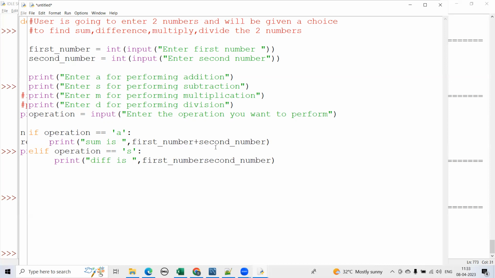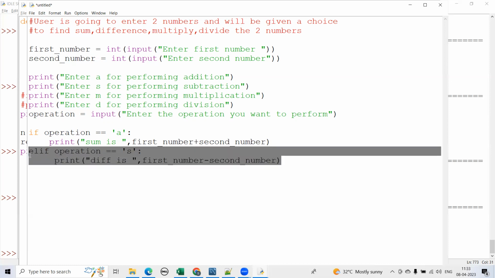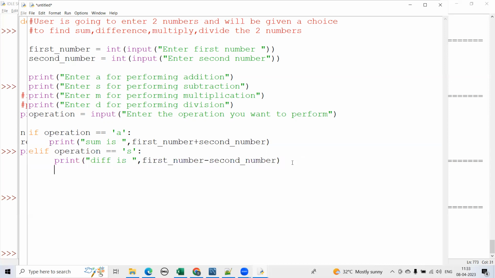Without indentation, it will be a problem. elif operation is multiplication, then we can mention here the product is